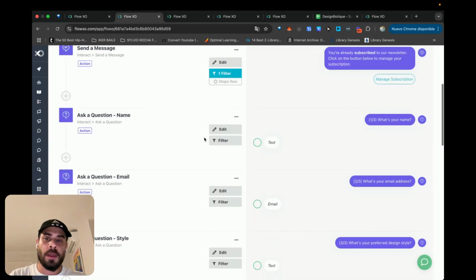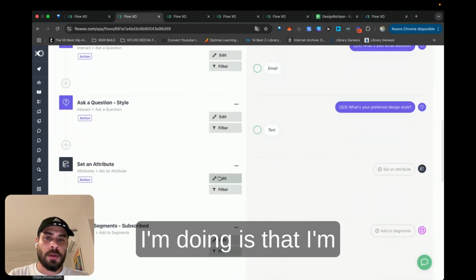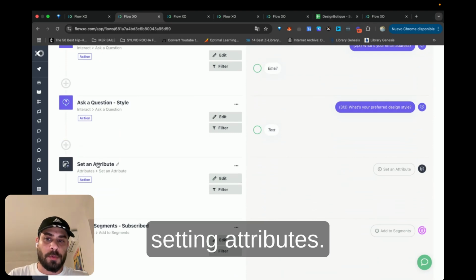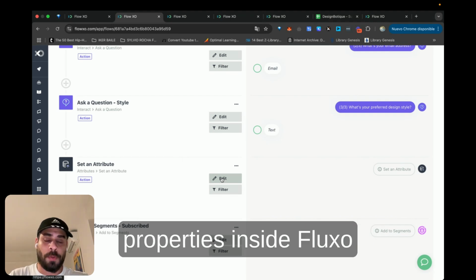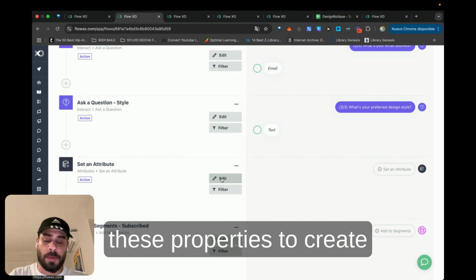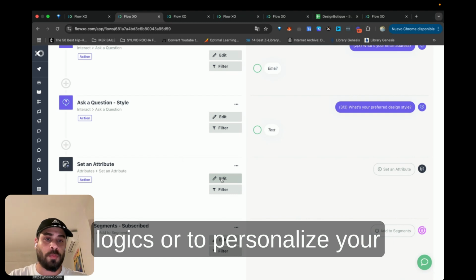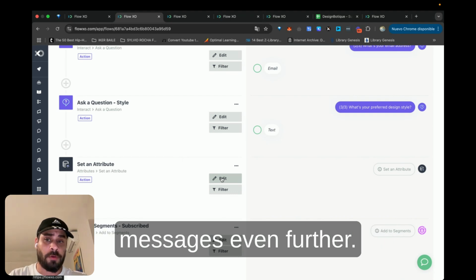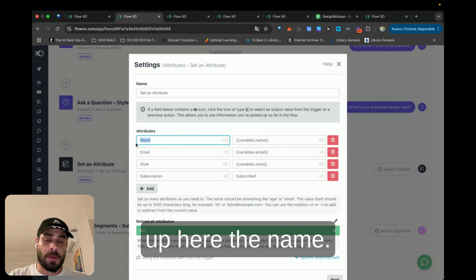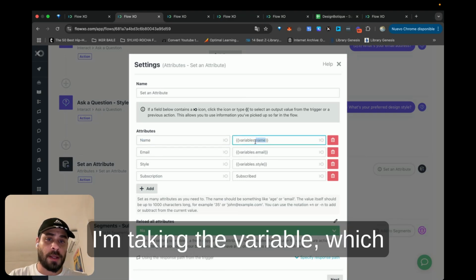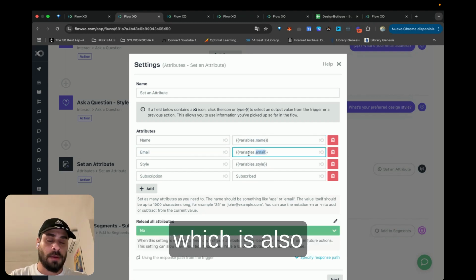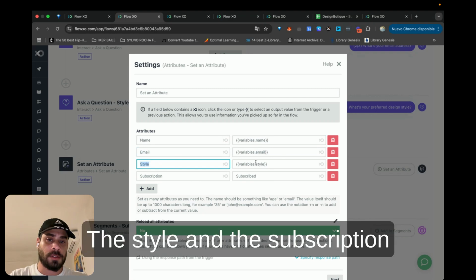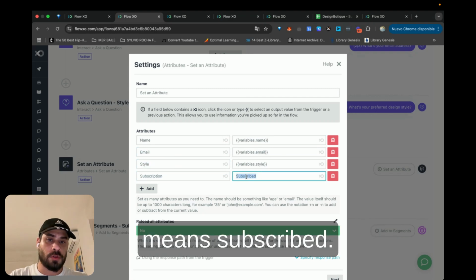Then the next thing I'm doing is setting attributes. Attributes are a way to set up properties inside FlowXO, so you can later access these properties to create logic or to personalize your messages even further. I'm setting up here the name, taking the variable which is the answer from the user, the email, which is also the answer of the user, the style, and the subscription, which means subscribed.